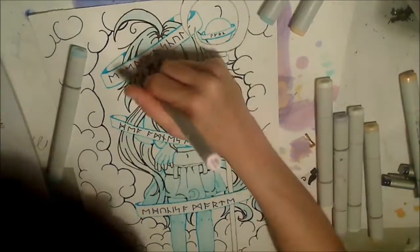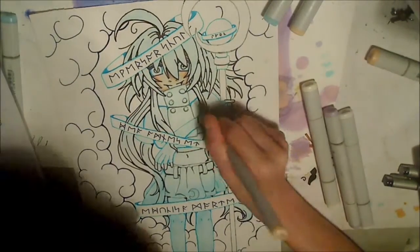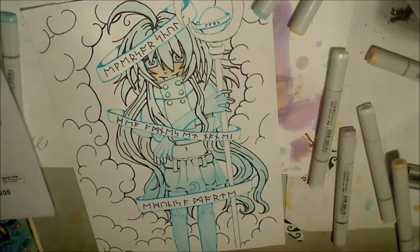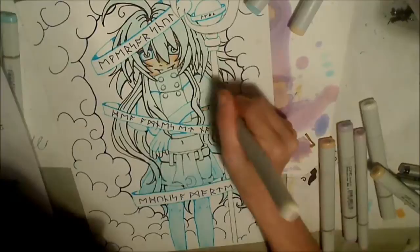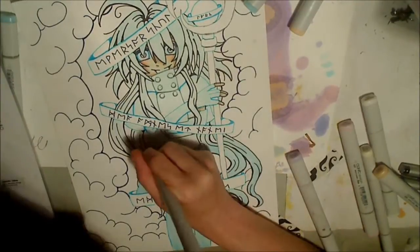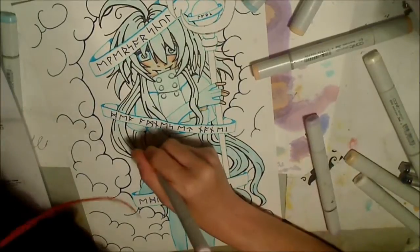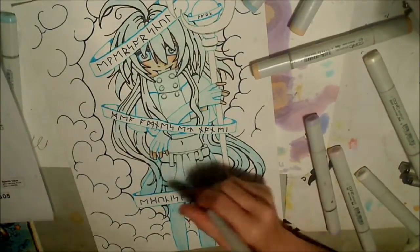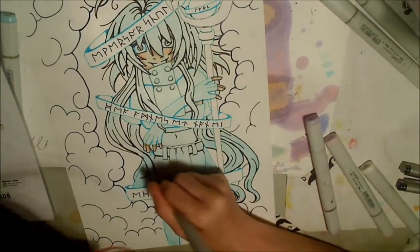But to be honest, I actually kind of like this drawing. Between the two pieces, I can tell there's some improvement. I can tell the proportions are better. The hands are obviously better, but I still have a lot more things to work on. And as you guys might notice as well,